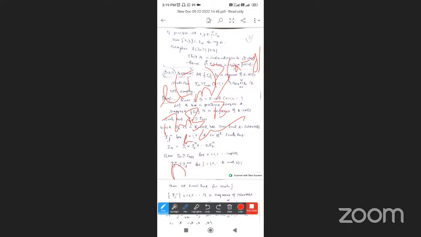Hence, the intersection over n equal to 1 to infinity of I_n has a unique point. Okay, so this is now